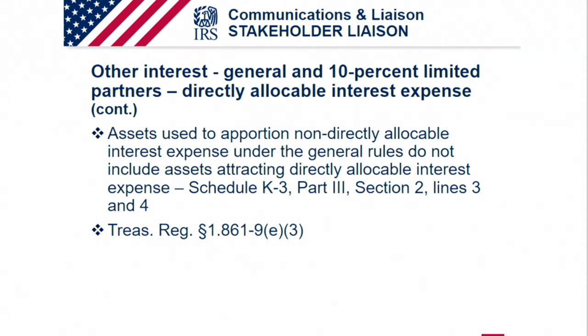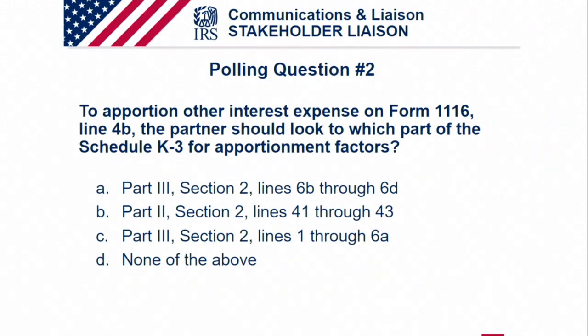We are now going to go to the next poll question. All right, so it is time for that next poll question. So audience, here is our second polling question. To apportion other interest expense on Form 1116, line 4B, the partner should look to which part of the Schedule